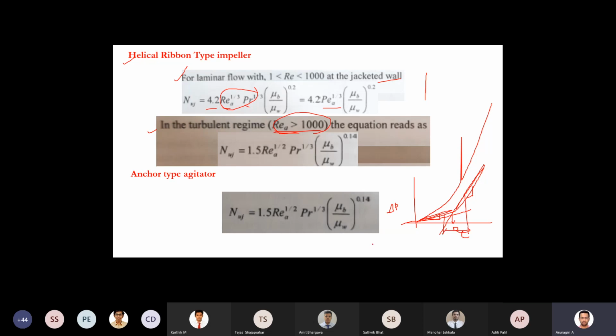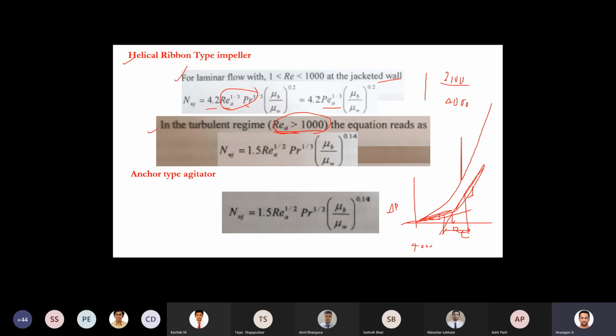For pipe flow you can say up to 2000, 2100 is laminar, and above 4000 it is turbulent. We are saying Reynolds number ranges. These things you can find out experimentally. I think in momentum transfer, flow through pipe, you might have done this type of calculation. Or you might have taken blindly 2100 as the upper range of Reynolds number for laminar, and 4000 as the lower range value for turbulent.